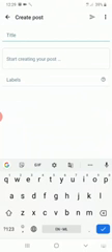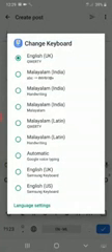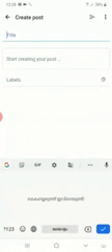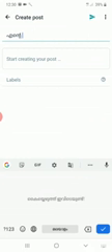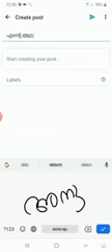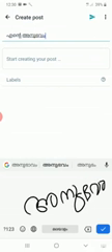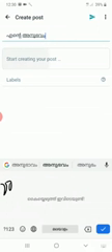You can write your post either in English or Malayalam. I am switching my Gboard to Malayalam handwriting. And first we have to give a title for our post. I am going to type the title here as Ente Anubhavam. The title is given. Next, you can start creating your post by clicking there.